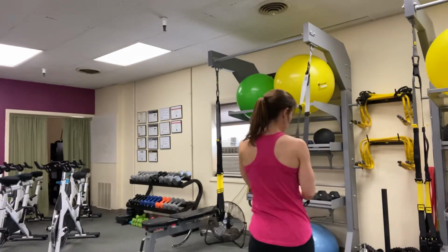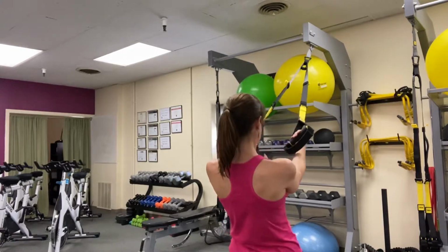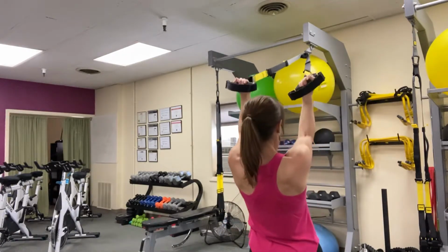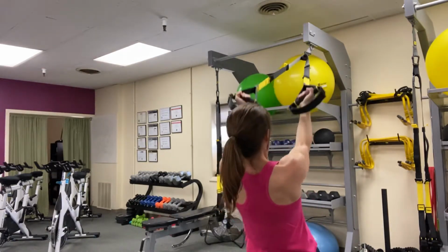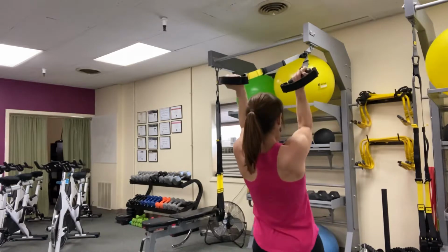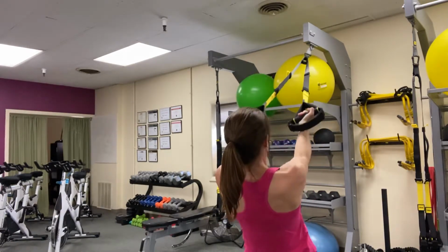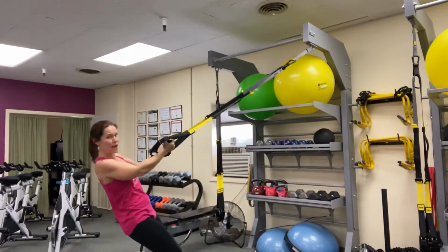All right, so for the bicep curl, again, I'm facing away from the mirror, but towards the anchor. Arms are extended, and you curl up and over. I'll give you a side view on this in a moment, because you want to keep the elbows up and away from the body, which is opposite of what we would do if we were doing bicep curls with the dumbbell. So from the side,